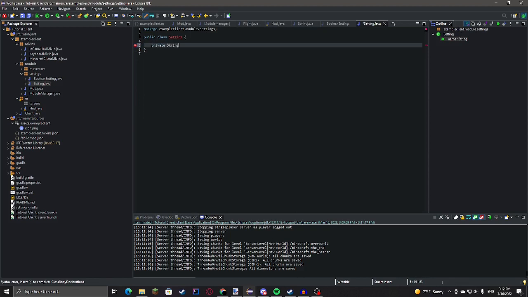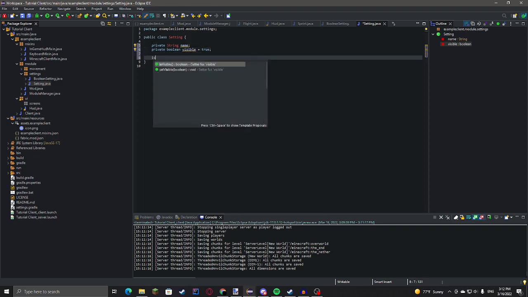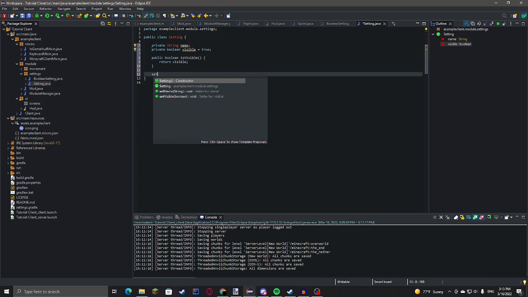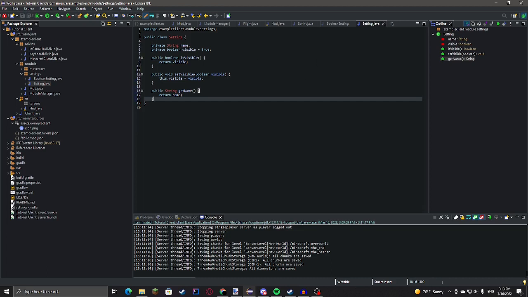Private string name, private boolean visible. This is for the clicked UI. Make it true by default. And then we're going to do is visible, set visible, get name. Okay, so that should be good for that.